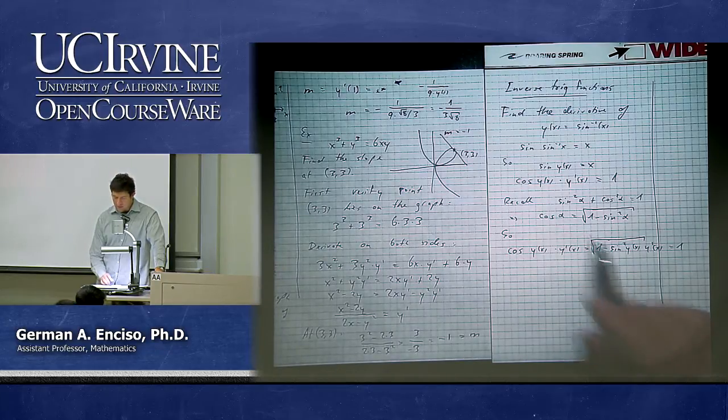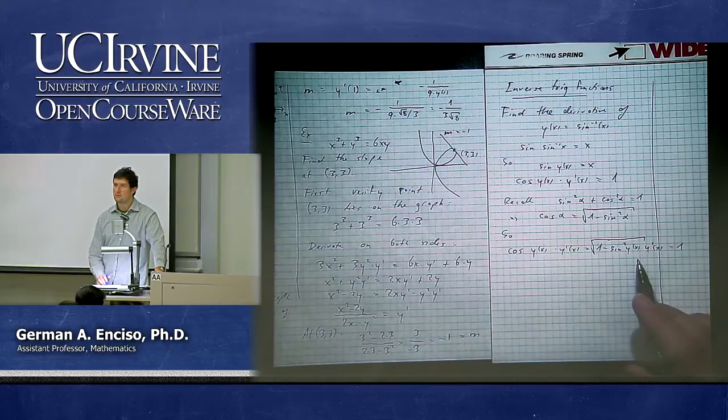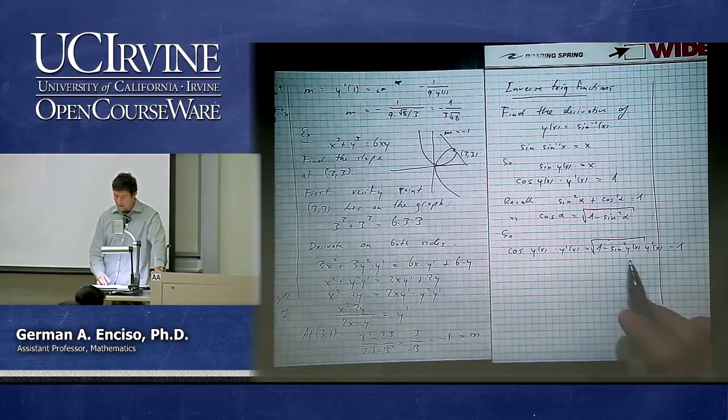Seems a little bit tricky because sine of y, we agree sine of y is equal to x. What about sine squared of y? Remember that sine squared of y is a notation for sine of y squared, the whole thing squared. But sine of y was x, right? So the whole thing is just x squared,